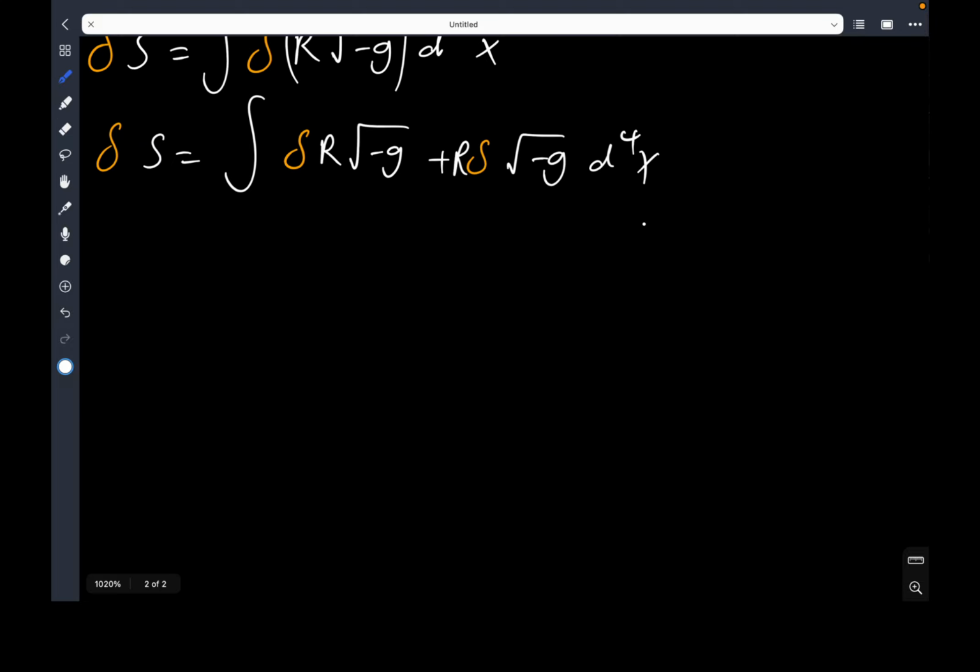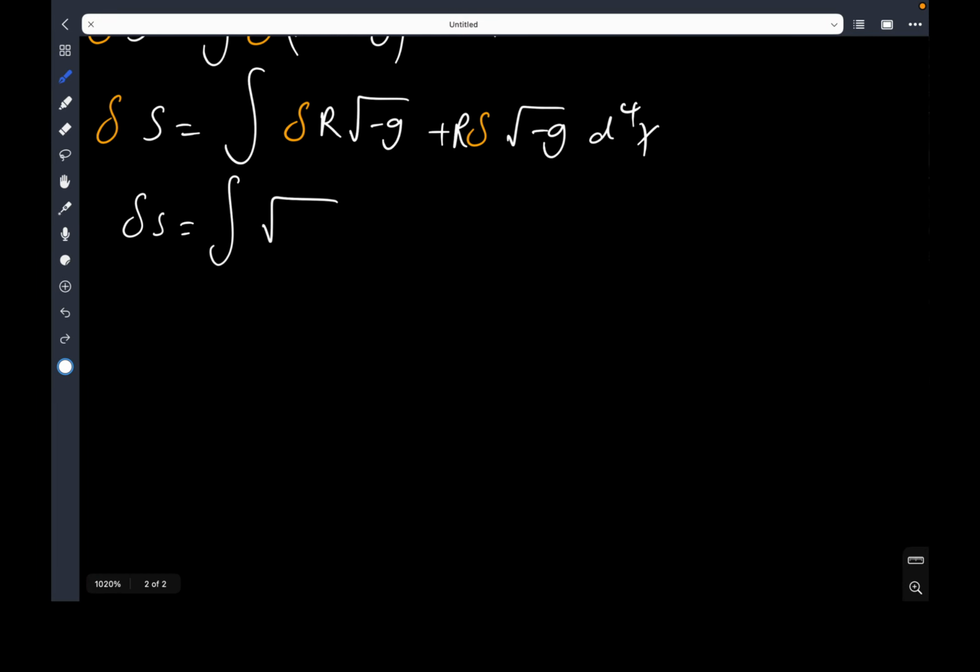And delta S, so we can factor out a root negative g here,